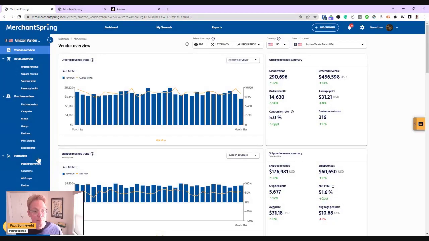And then last, the marketing module here. Now, that only appears if you've connected your Amazon advertising account. Most of you will have done that as part of the process of connecting your vendor account. And this module, which I will touch on, is identical to that of a 3P seller because it's the same platform with some very small nuances around, for example, how do we calculate TACoS? So let's dive right in and let's start with purchase orders.